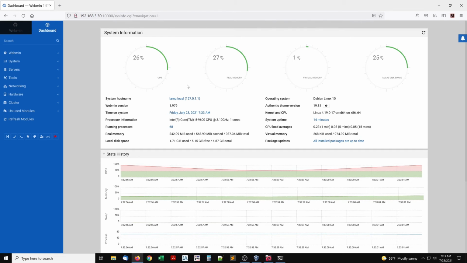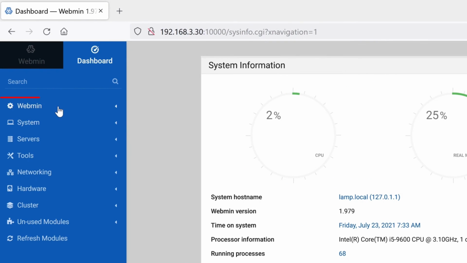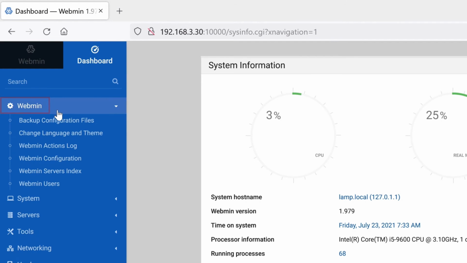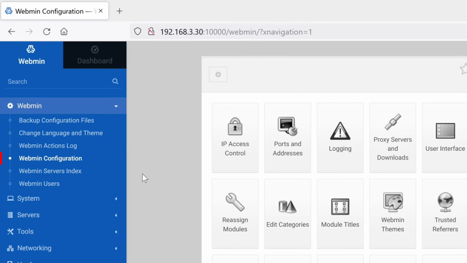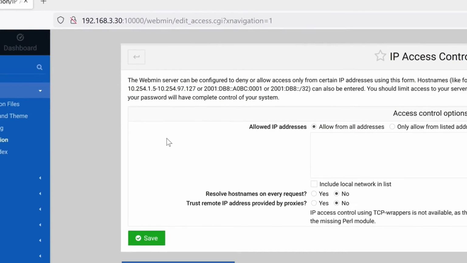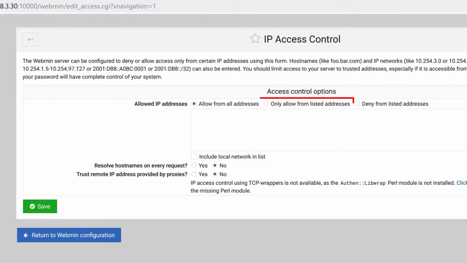Either way, first thing to do is make Webmin more secure. We'll restrict access to the local network only. Click the Webmin section. Then, Webmin Configuration. Click IP Access Control. Select the radio button, Only allow from listed addresses. In the box below, enter